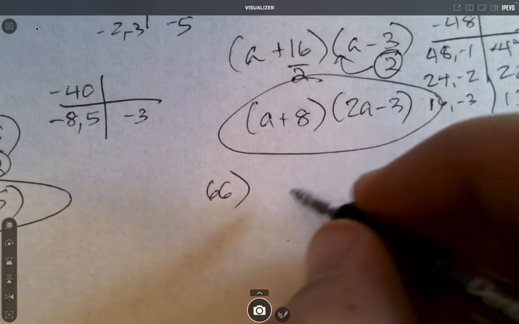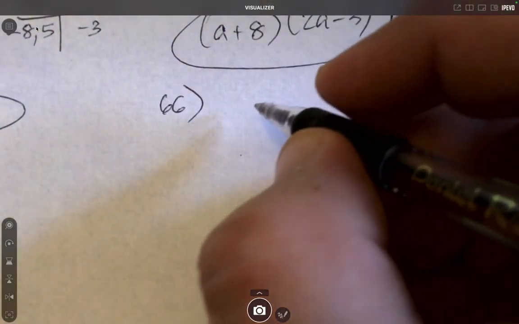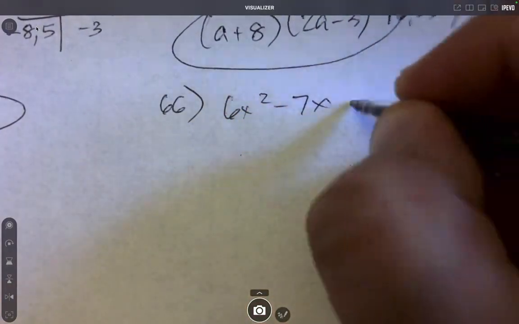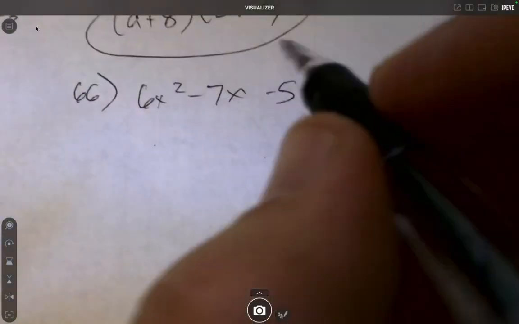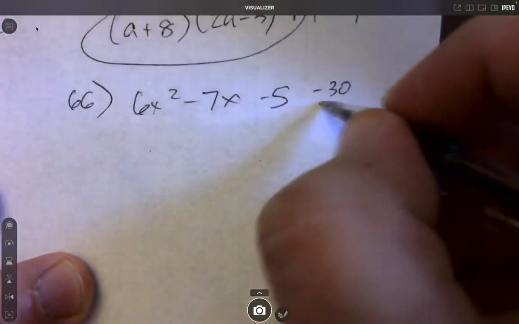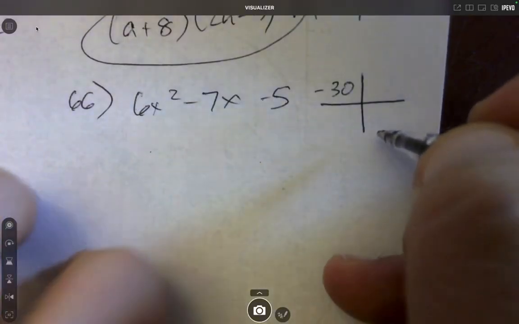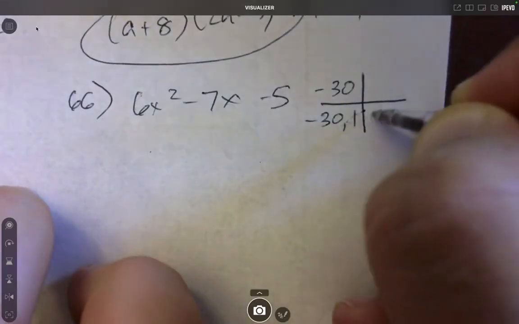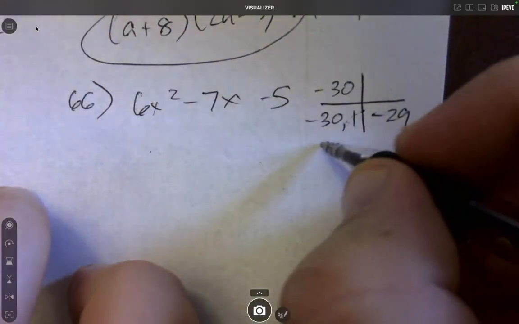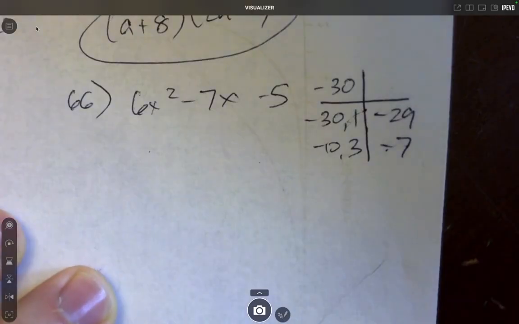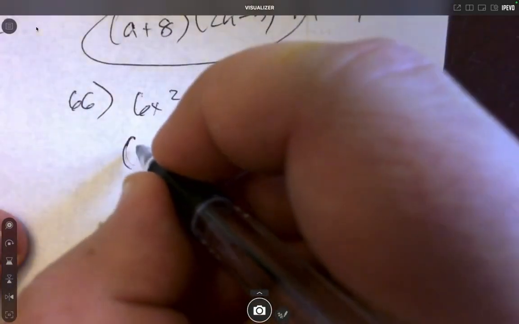Okay, 66. We have 6x squared minus 7x minus 5. Okay, so we want to get rid of the 6 because it's a pain. 6 times 5 then is negative 30. So we want something that multiplies to negative 30. That means one positive and one negative. Adds up to negative 7. So the bigger one needs to be negative. So negative 30 and 1 gives us negative 29. No good. But negative 10 and 3 do give us what we need. So we get x minus 10